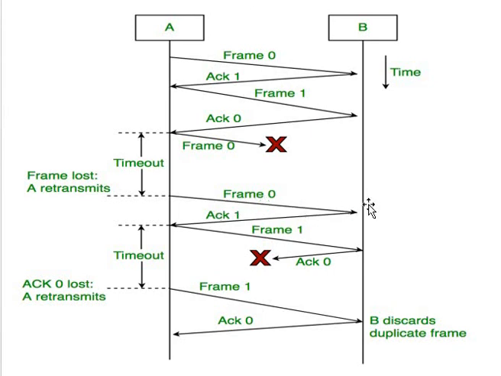Now frame 0 has successfully arrived at the receiver side, so it sends acknowledgement 1. After receiving acknowledgement 1, the sender sends frame number 1. After receiving frame number 1, the next expected frame is frame 0, so it sends acknowledgement 0. Now the acknowledgement is lost. So after its timeout at the sender side, the sender sends frame number 1 again, because it considers that the frame was lost during the transmission. So frame 1 is resent.